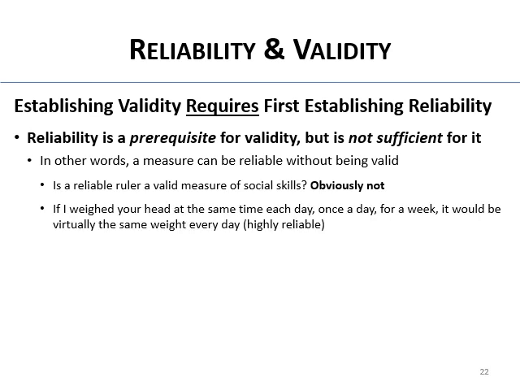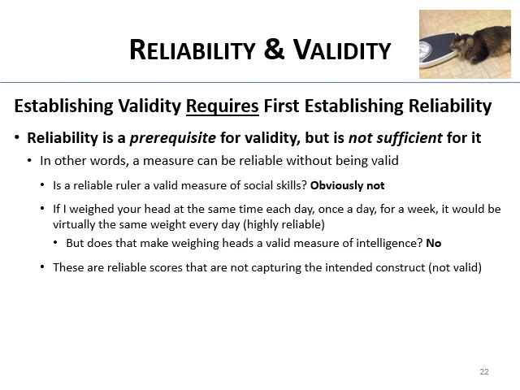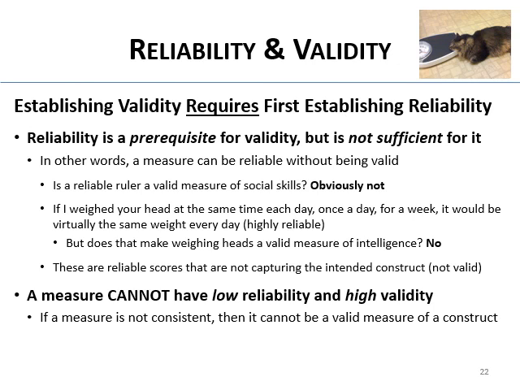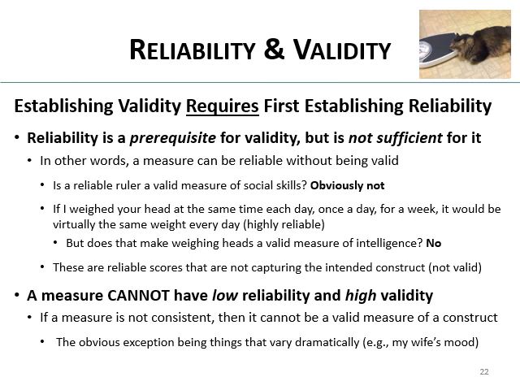If I weighed your head at the same time each day, once a day for a week, it would be virtually the same weight every day. It'd be highly reliable. But that doesn't make it a valid measure of IQ, right? It's reliable but not valid. So these are reliable scores that are not capturing the intended construct. A measure cannot have low reliability and high validity. If the measure isn't consistent, it cannot be a valid measure of the same construct over time or internally, etc. The obvious exception being things that vary dramatically, my wife's mood, for example,